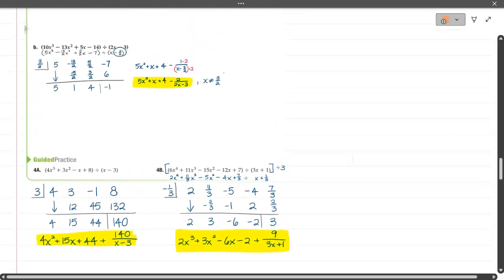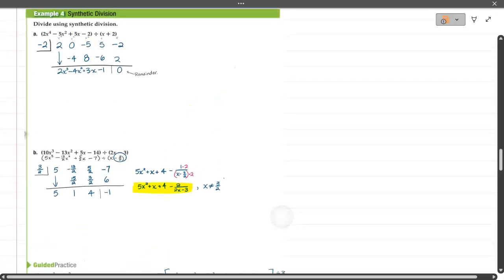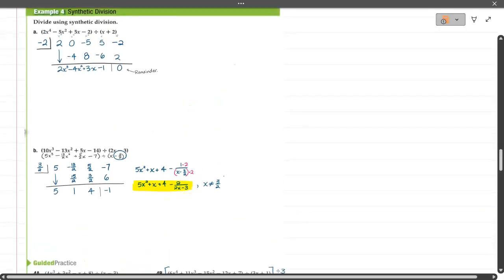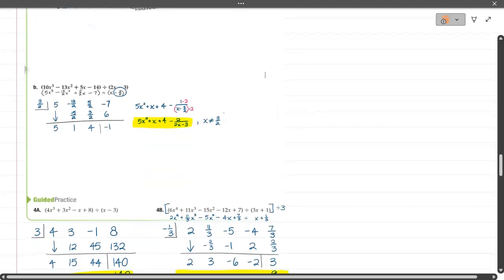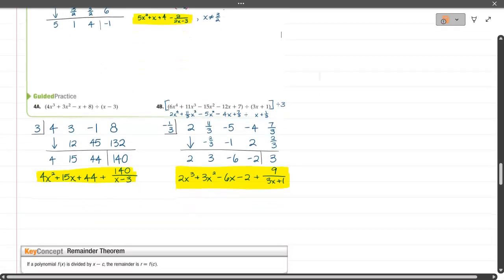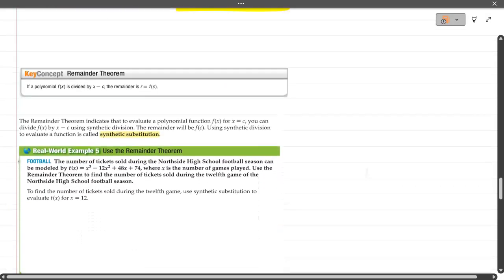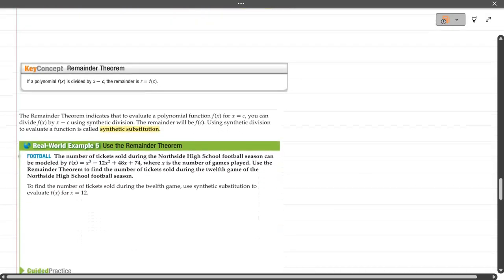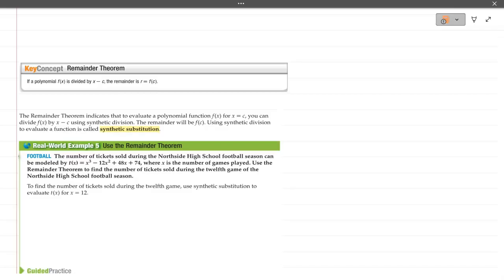Literally what that means, looking at some of these other examples, on this problem, when we divide by x plus 2, the remainder is 0. When we divide by 2x minus 3, the remainder is negative 1, which actually turns into negative 2. When we divide by x minus 3, the remainder is 140. So the remainder is always that last number, and we can actually use what's called synthetic substitution to find a